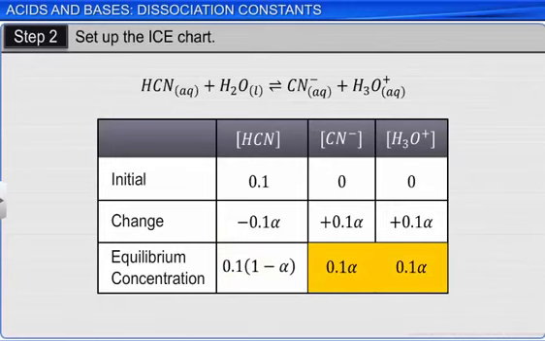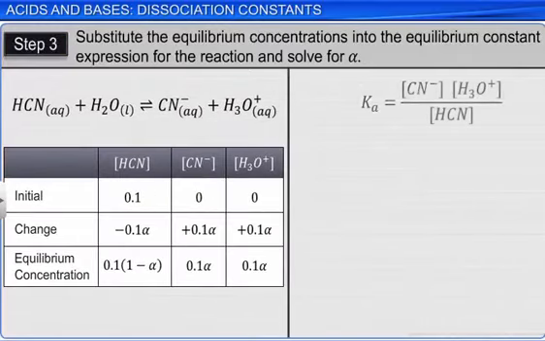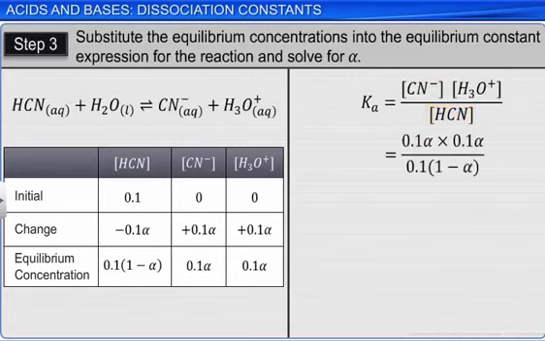In the third step, substitute the equilibrium concentrations into the equilibrium constant expression for the reaction and solve for alpha. The expression for the dissociation constant of hydrocyanic acid can be written as Ka equals the product of concentrations of cyanide and hydronium ions divided by the concentration of hydrocyanic acid. On substituting the equilibrium concentrations into this equation, we get 0.1 alpha multiplied by 0.1 alpha divided by 0.1 multiplied